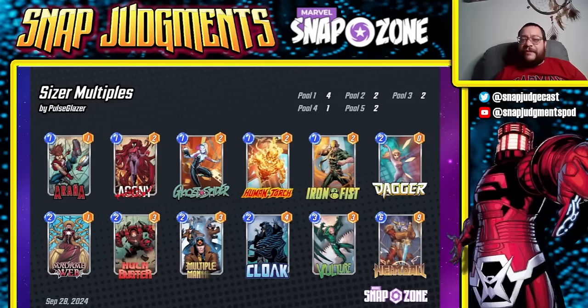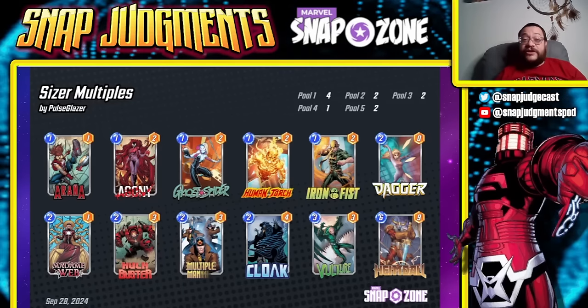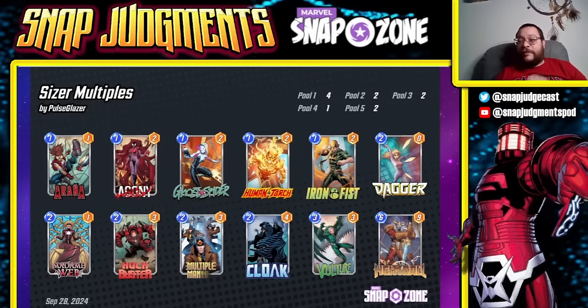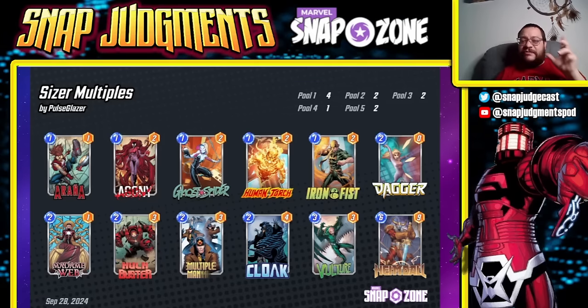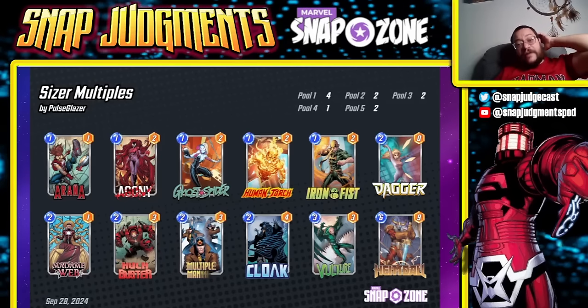All right. The other real great place I see for this is a multiple man mover deck. That's not the most popular kind of move deck, but I think that those decks can actually run all of the buffs. They can run Agony, Aranya, and Hulkbuster. I don't think they want Symbiote Spider-Man. Symbiote Spider-Man gets a little funky because you have so many ones,